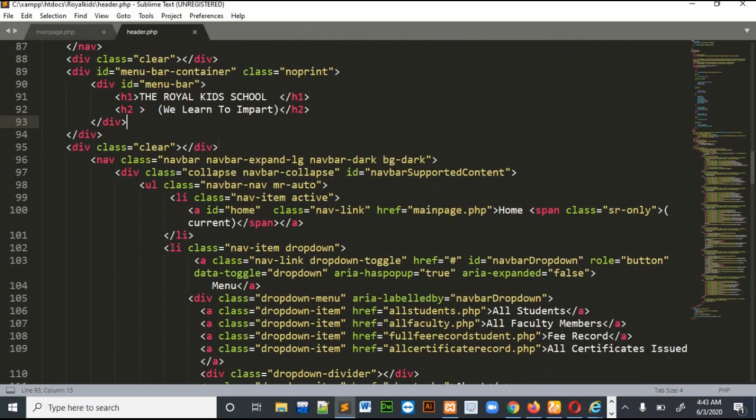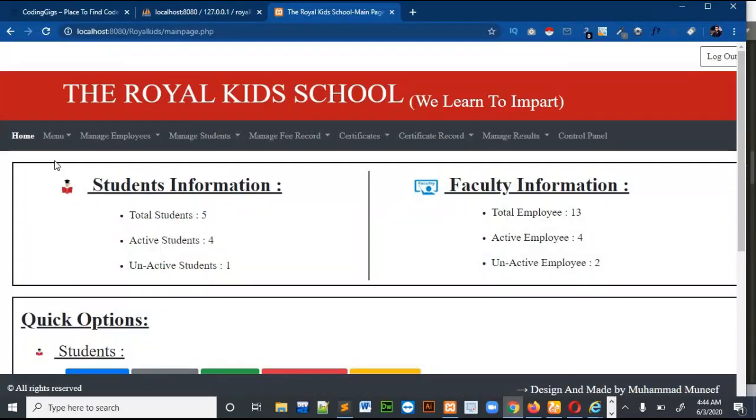After this section I had again used the clear div. Clear div doesn't do anything except clear the previous CSS styles. Then there is again a nav bar, which is a dark nav bar. For this links part I had also used a nav bar, and on the nav bar I had put all of these drop downs.